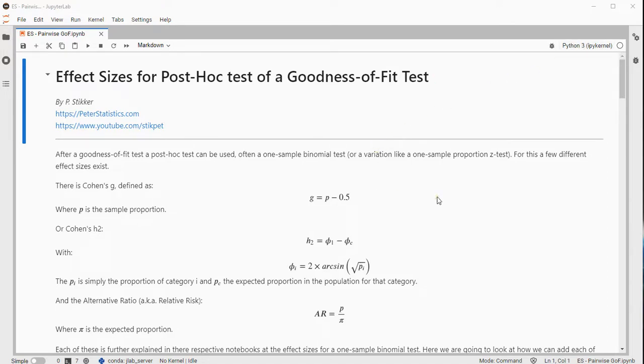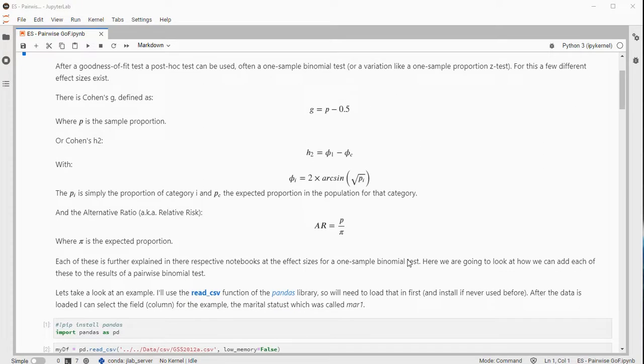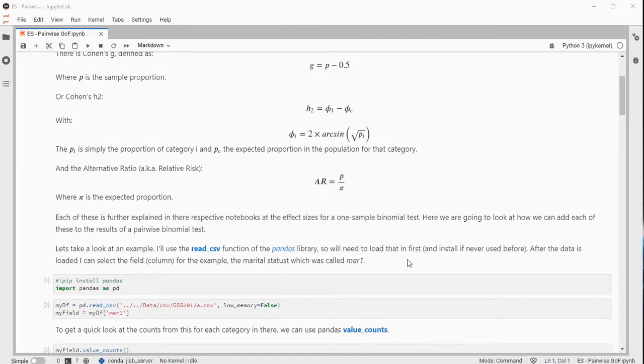3.8.13. Now, I have separate videos on each of these because they're actually the effect sizes from the one sample binomial test and variations that you can use. So, for example, Cohen's g or Cohen's h2 or the alternative ratio, sometimes referred to as relative risk. I have separate videos and notebooks on how to calculate each of these separately. Here the focus will be on how to actually implement them if you're doing a post hoc analysis with pairwise